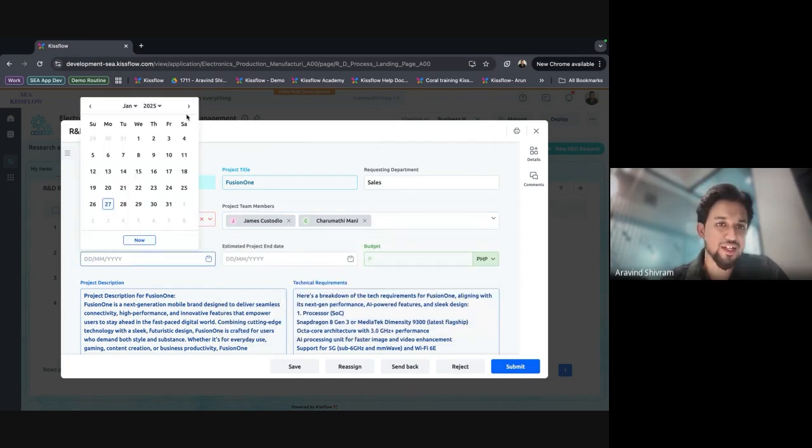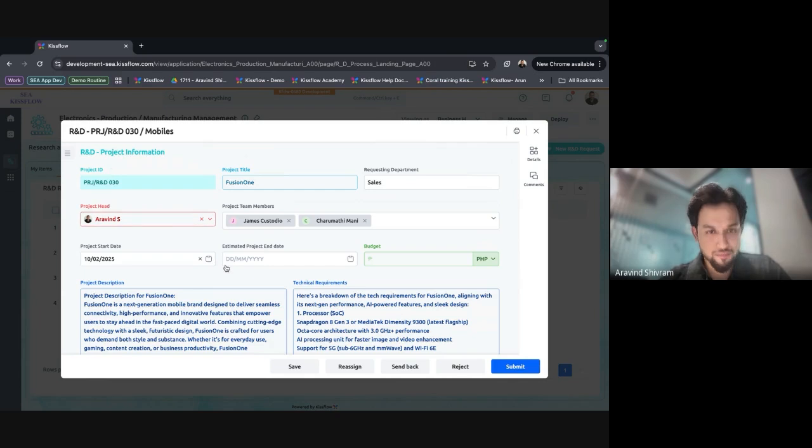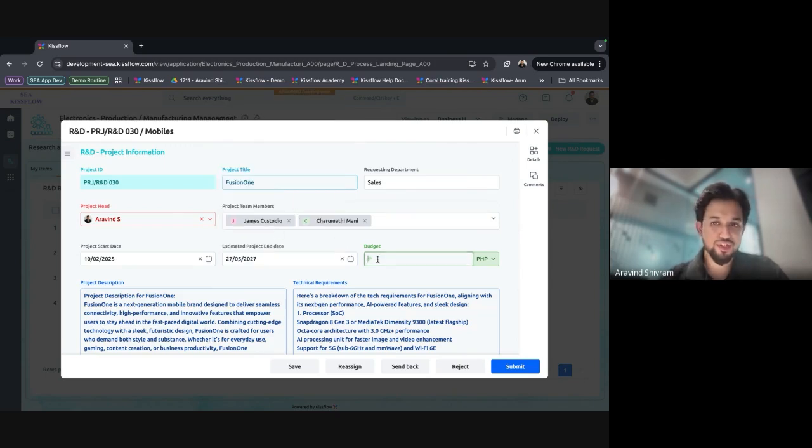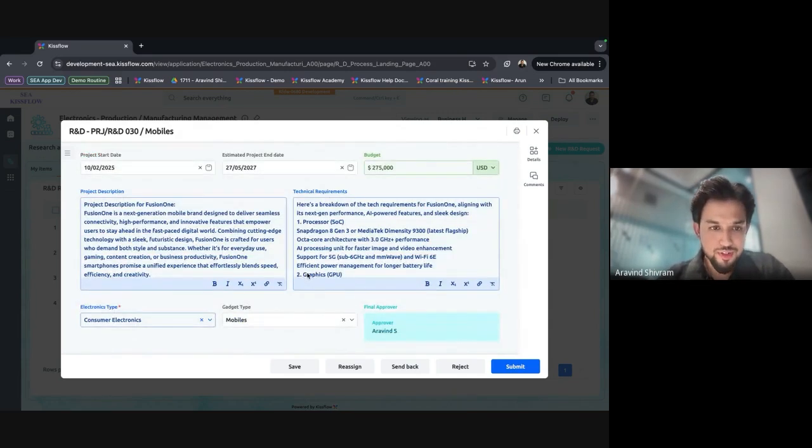Define a project start date. Let's say this project is getting started by 10th of February, and by 2027 May, this project comes to a closure. And I can define a budget for this specific project. So let's say I'm going to go ahead and give it a budget value.